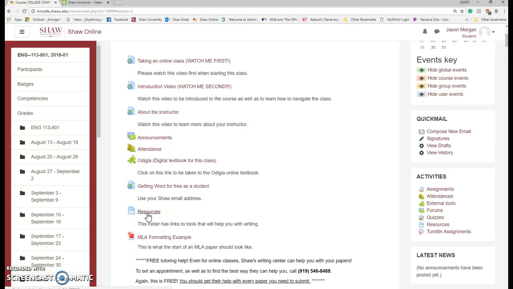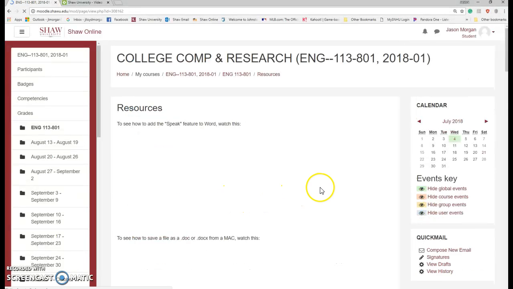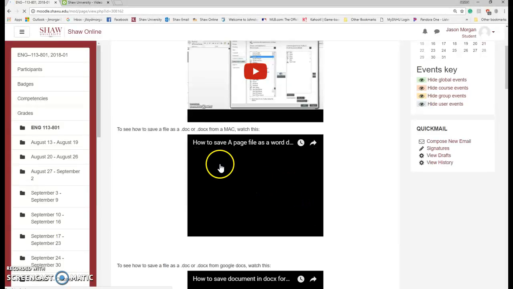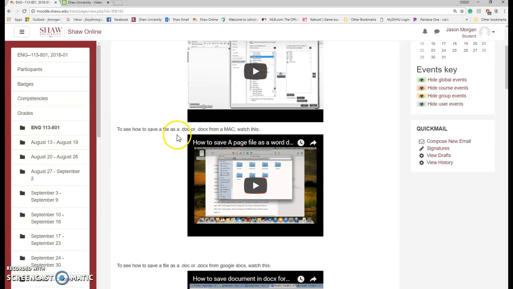Okay, well, again, if you go to resources here, found at the top of the page, and scroll down. So let's say you're using a Mac. If you just try to submit the file from Mac, I think it's called Pages. Yeah, I can't open that. I don't have a Mac, okay? So you need to submit the file as a doc or a docx. This video shows you how to convert. It's very easy. It doesn't take very long, but you can use a Mac and then submit it as a doc or docx.